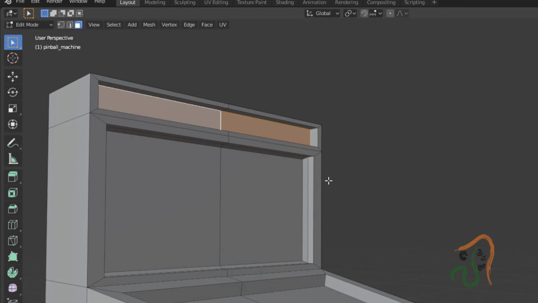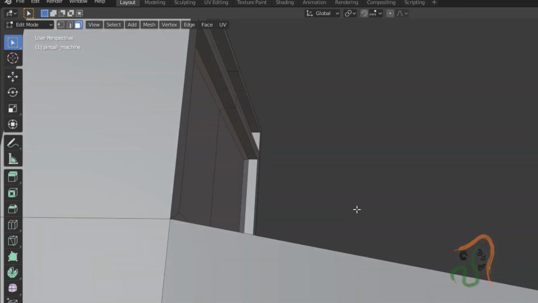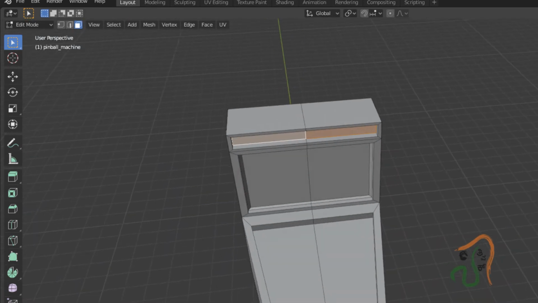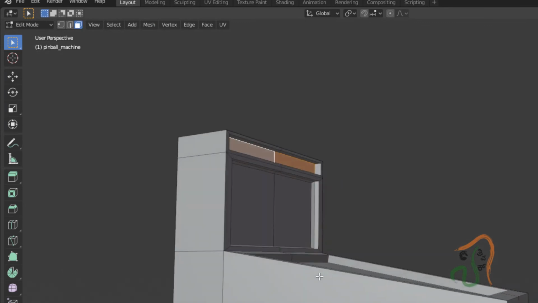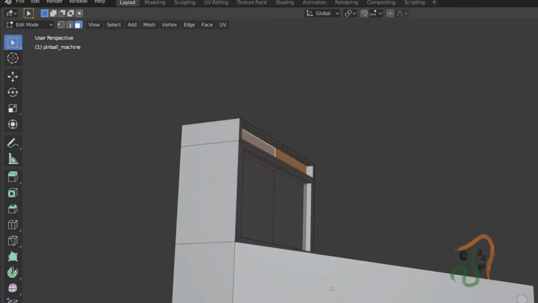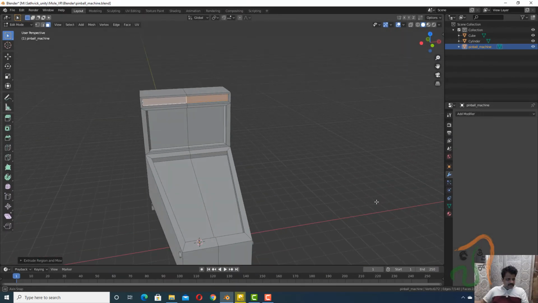So we are going to add some kind of a name board over here, a name board like structure. Okay, so we can create some structures like this to make it look better. So finally, okay, this is fine. Now the next final thing is, let us add color to it.